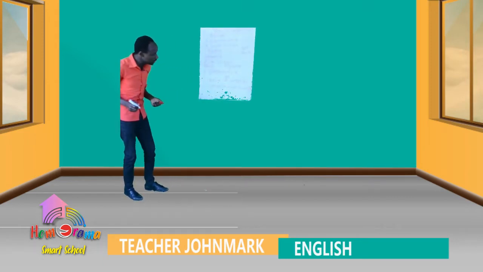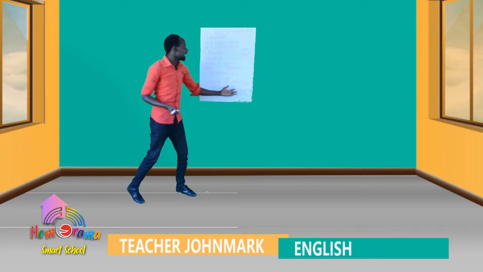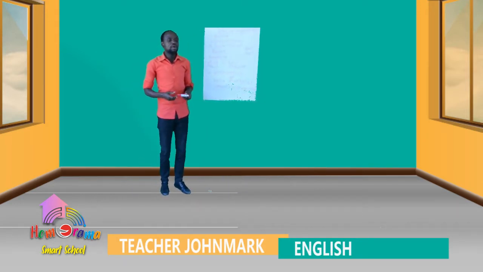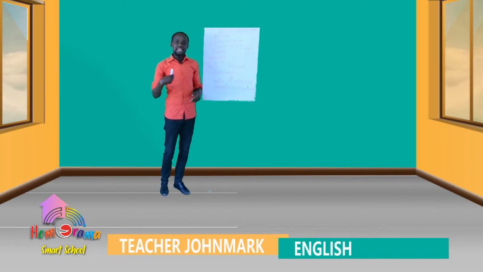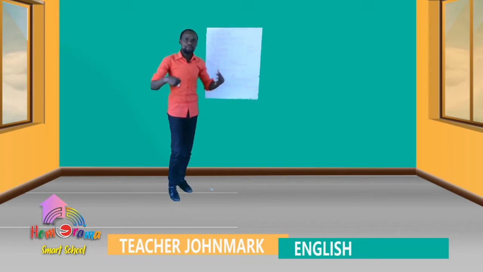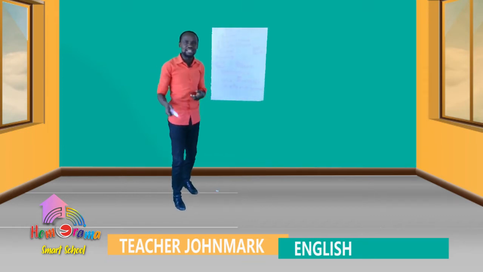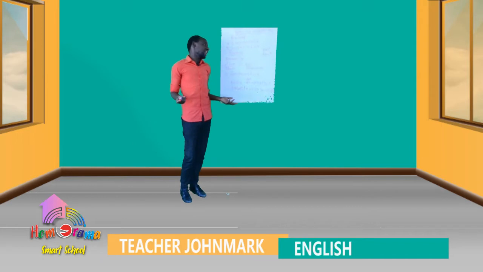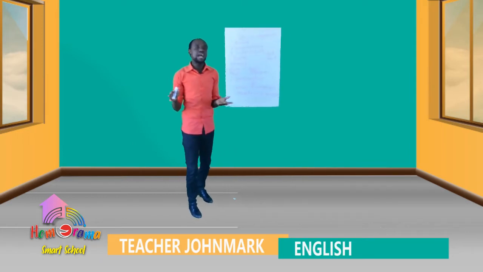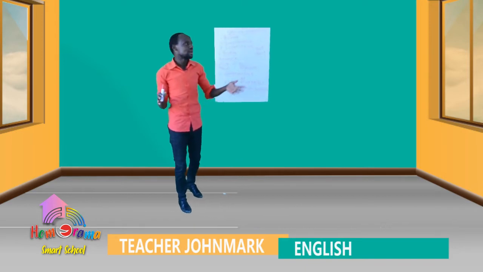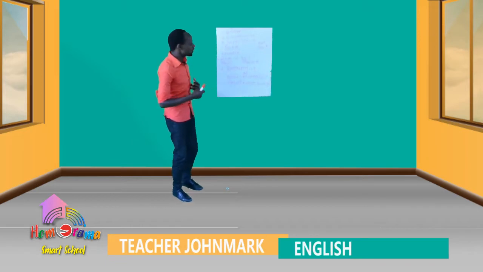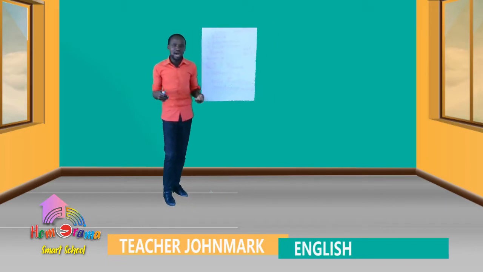So, what can we do? We can still construct a sentence using smaller. For example, my pen is smaller than his pen. My pen is smaller than his pen. We can also have another sentence that says, his eyes are smaller than her eyes. So, other comparative adjectives are words like